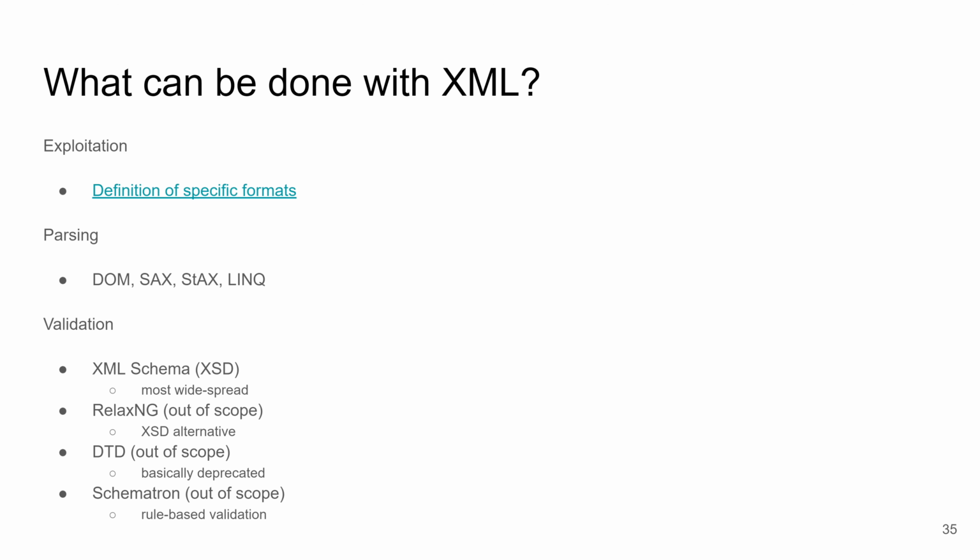Yeah, this is one way XML is used to define specific data formats. Then we already talked about how XML can be parsed. So there are standard APIs backed by specifications of how you can work with XML data. Then XML files can be validated. So given an XML document and an XML schema, you are able to say whether the document is valid or